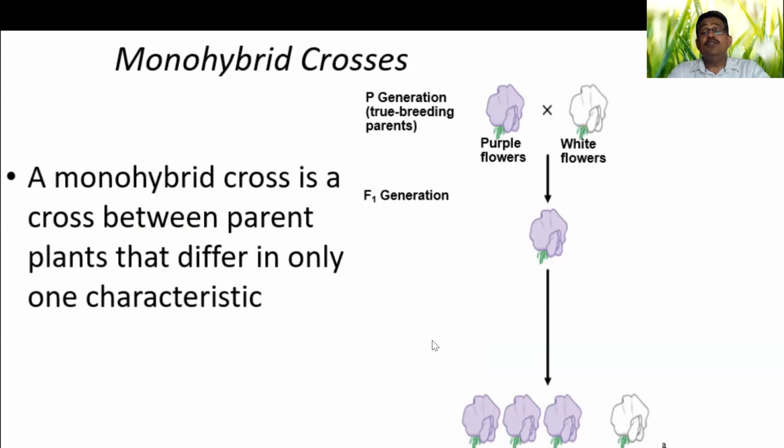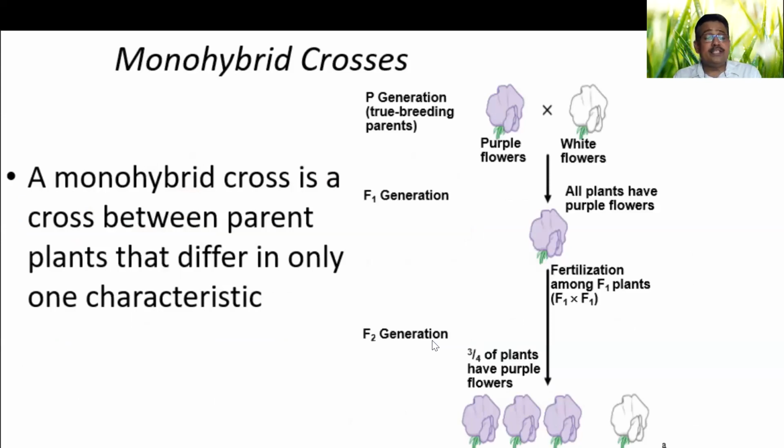When you study simple Mendelian genetics, taking one character at a time, we already studied it in previous classes also. When you make a cross between purple and white color, you get F1 as purple type. Then when you allow selfing and analyze the F2 progeny, you will get a 3:1 phenotypic ratio. I call it the phenotypic ratio; it is not the genotype which we see. So for the phenotype, one will be homozygous dominant.